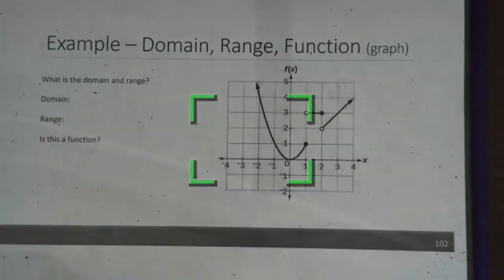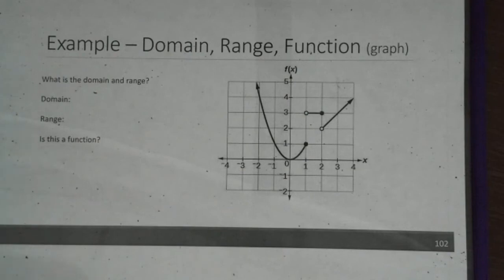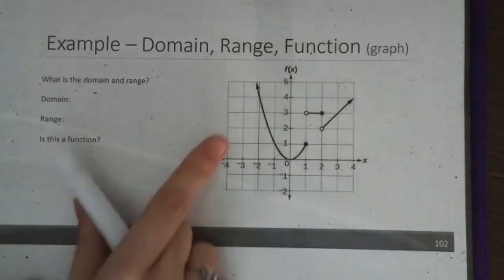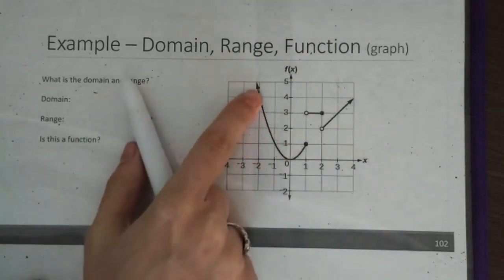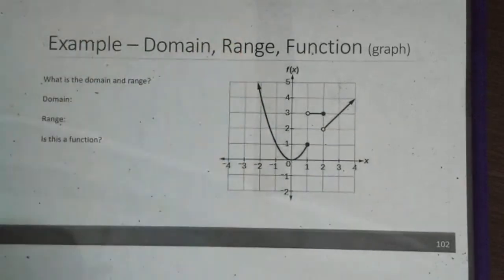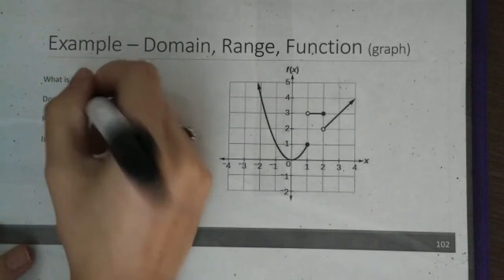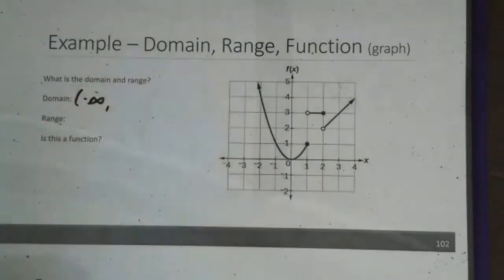So here we have what's known as a piecewise graph, because it's in pieces. We want to find the domain and range, and then determine whether or not this is a function. Starting with the domain, that's going to be our x values. What x values do we touch? Well, this arrow says we're going to keep going on forever, and that's aimed towards the left. So from -infinity up until